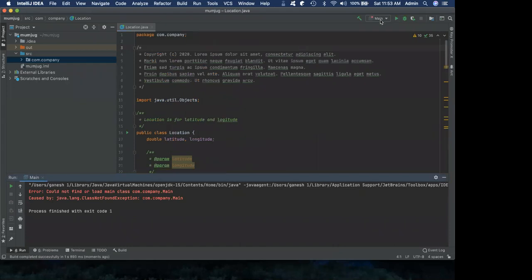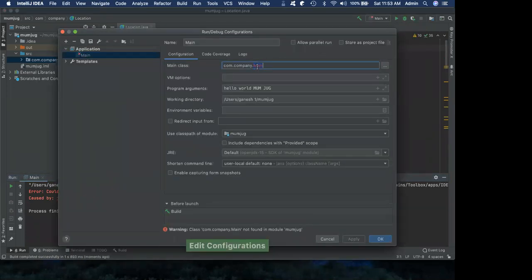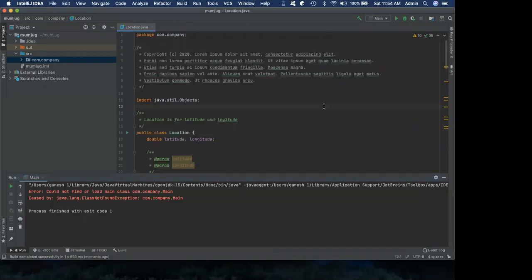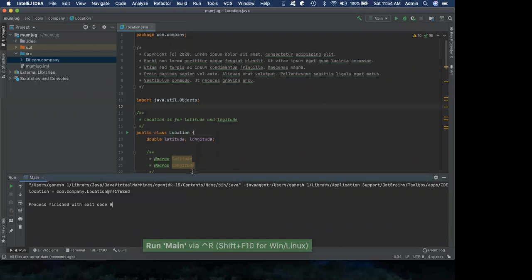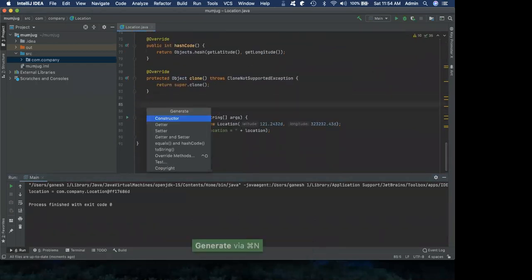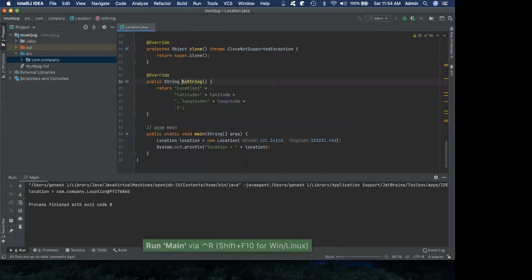Oh, okay. The configuration, I have to set the configuration. Edit the configuration location. Save this, and I'm able to run this, right? Now I haven't introduced the toString method. I'm doing this later to show that even in the existing code you can do this to make it work. So I'm able to get a proper implementation of the toString method.